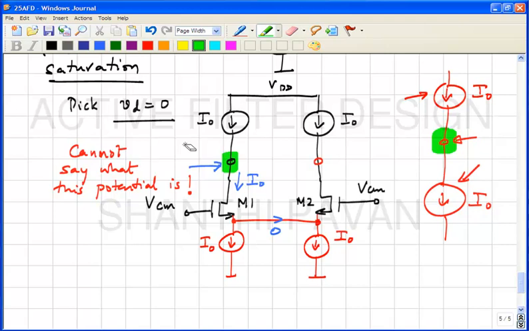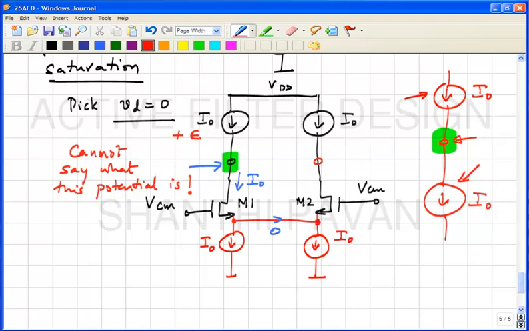If you attempt to make two independent identical current sources, there will always be a small mismatch between them, right? Either this current is larger than this current, or smaller than this current, or with a vanishingly small probability the two of them are equal. Even if they are equal, it does not really help us because we still do not know what the potential is, correct. So, let us consider the situation where the push up current is infinitesimally larger than the pull down current.